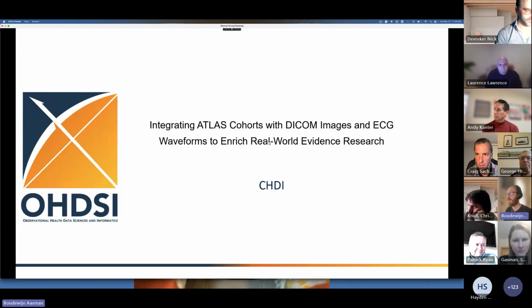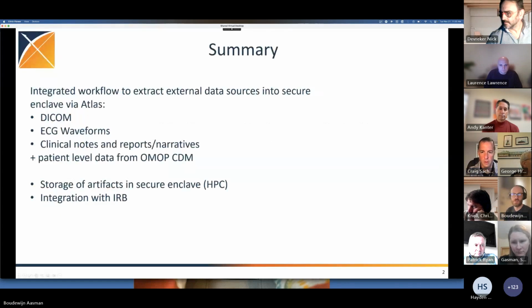Okay, so my name is Boudewijn Aasman. I work at the Center for Health Data Innovations at Montefiore, and I'll be talking about integrating Atlas cohorts with DICOM images and ECG waveforms to enrich real-world evidence research. So what we've been working at